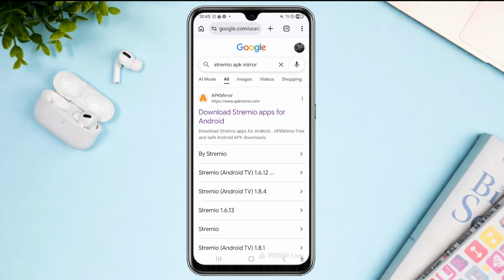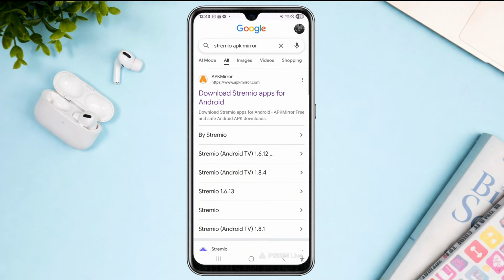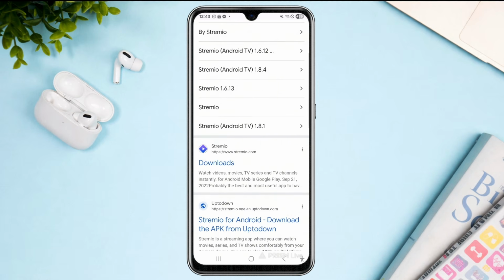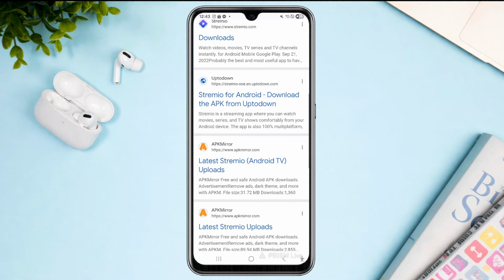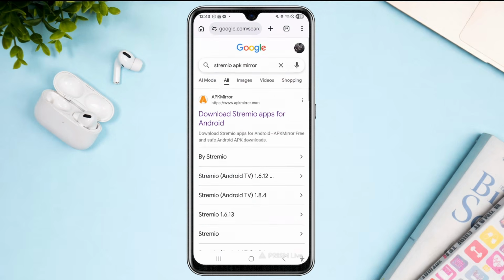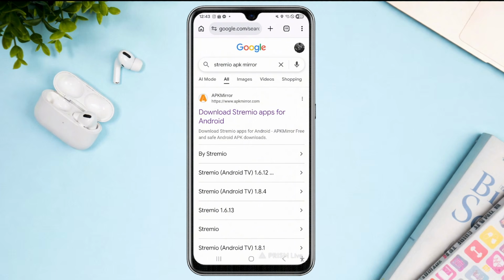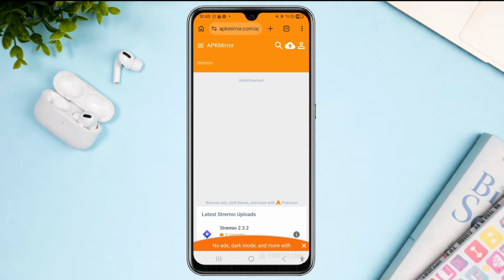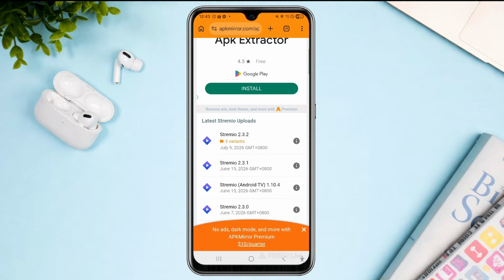You're going to see a lot of results, like from APK Mirror, one directly from Stremio, or from Upside Down, depending on which specific link you choose. So say for example this one right here under APK Mirror. Now you're just going to have to go through the security verification process right here,